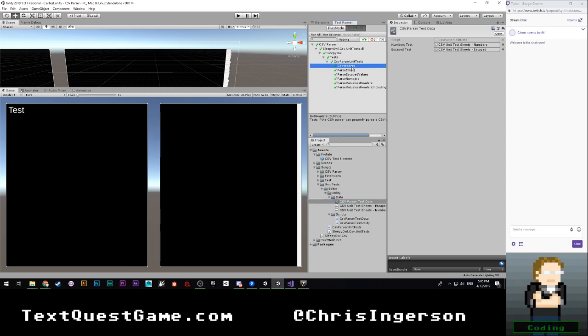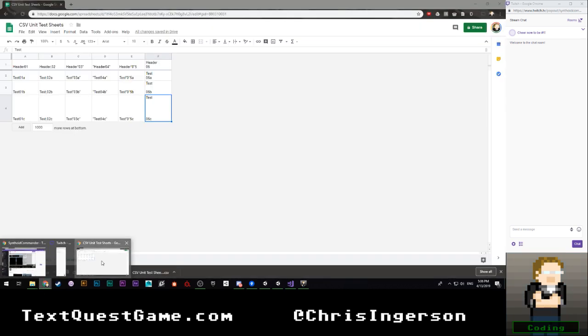So our CSV parser is basically done. And by basically, I mean I think it is done. There are clearly, though, some edge cases, which unit testing has helped us find. I would like to do one quick test comparing the old CSV parser to the new CSV parser. So I'm going to create a massive data set